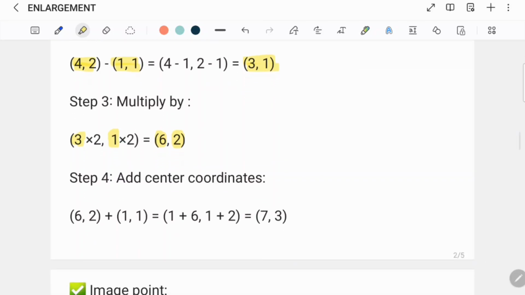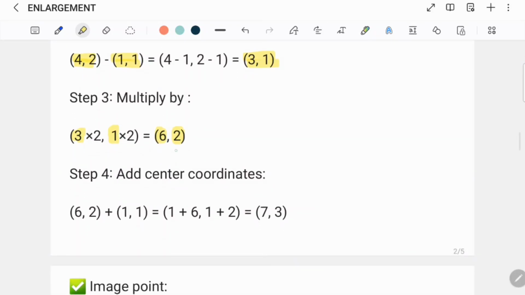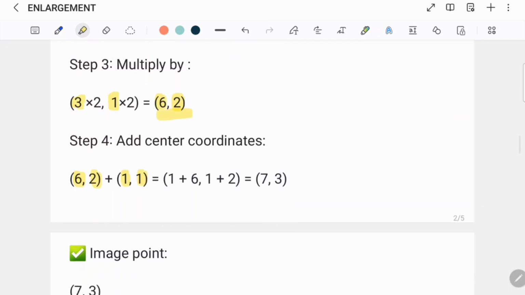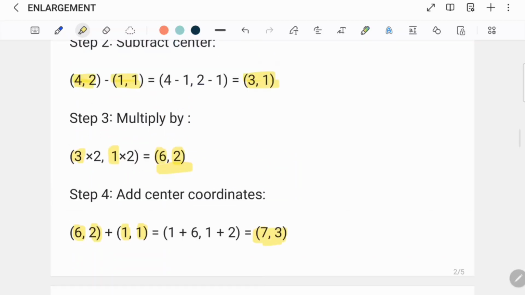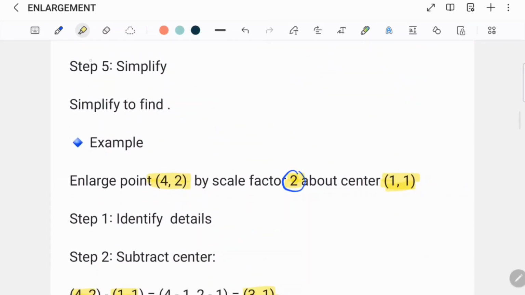That is your answer. So now we are going to add (6, 2) with (1, 1) because (1, 1) is the center coordinate. 6 with 1 and 2 with 1. So you are getting (7, 3). Your (7, 3) is your image point. So whenever you enlarge (4, 2) by scale factor 2 and the center is (1, 1), the image will be (7, 3). So let's begin some past paper questions, and then you will understand how to enlarge